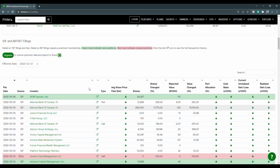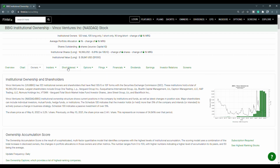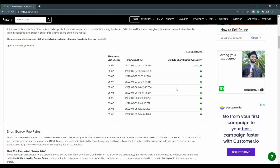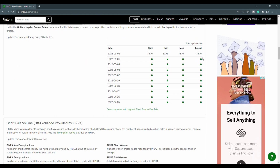So when we take a look at the recent filings for May the 6th, we have QCM Cayman Limited that purchased 34,457 shares. And now when we take a look at the short interest, the off-exchange short volume ratio is at 55.85%, and then for the off-exchange short volume, it is just over 43.56 million shares. Scrolling down on the page, the short shares availability is at 55,000, updated 9 minutes ago, and then for the short borrow fee rate, it is at